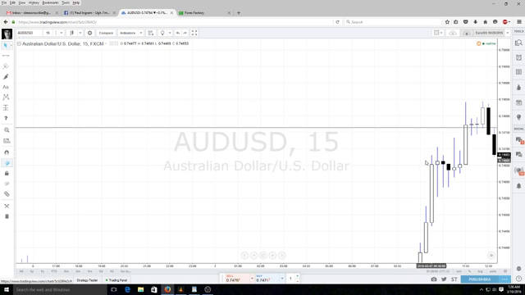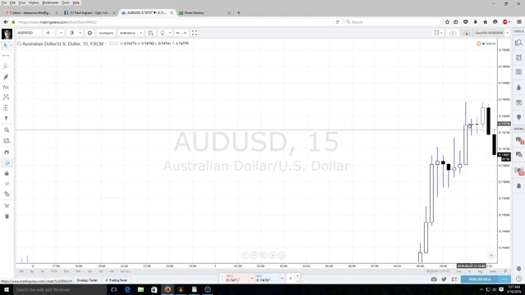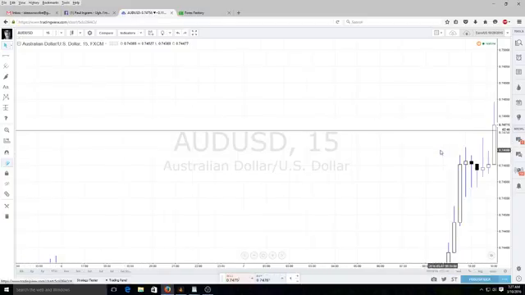So I did want to ask one question about that. Say you have a body with a wick that's way up here, and then the next one is an engulfing candle that goes all the way down. It engulfs the body, but for some reason it makes me nervous because there's this huge wick from the previous candle. And so if you have an engulfing candle, say that you don't know what's over after this, and there's instead